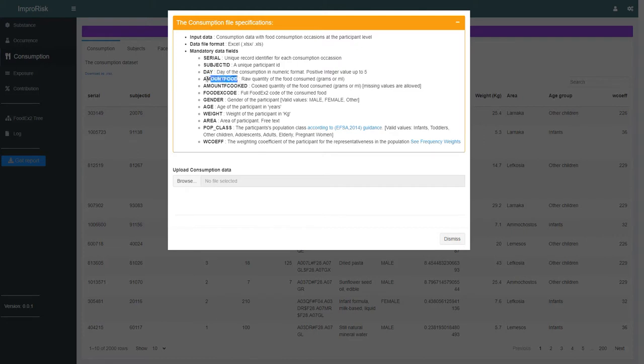Of course, we need the amount of food. This amount of food is a raw quantity of the consumed food, and it needs to be in grams, or ml for liquids. The amount of food cooked is the cooked amount of the consumed food. The full FoodEx code,